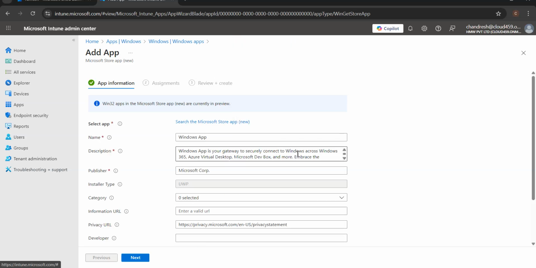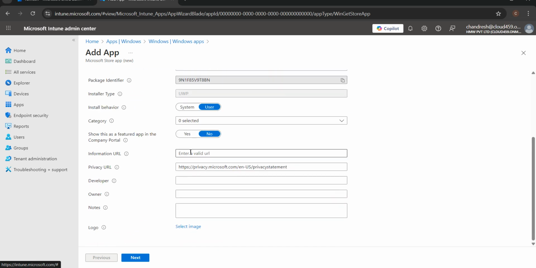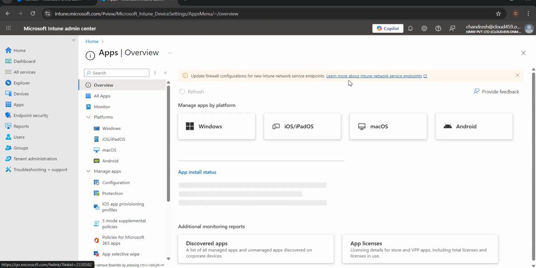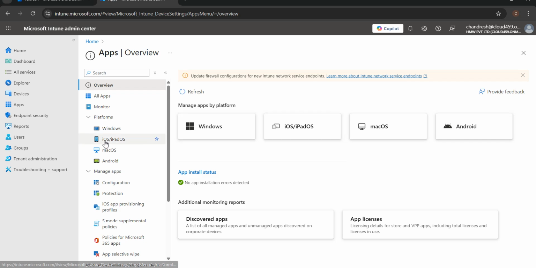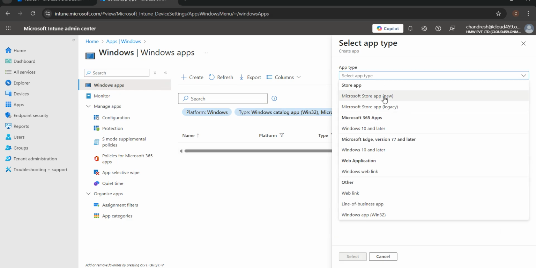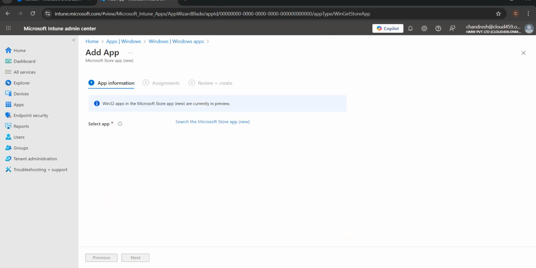We select the Windows app here. When we select the app, Windows app is a gateway. So through this, we can also manage the information. Here, the information URL will be needed, but we'll register another app. We'll check another app, more centralized or more available for all. So we'll create again the app. We'll go to App Store, click new, select,